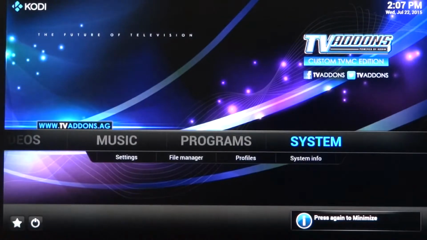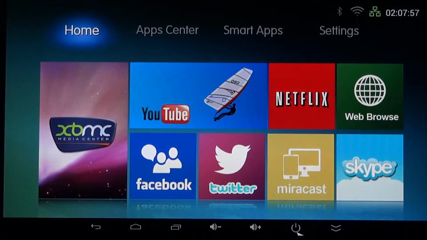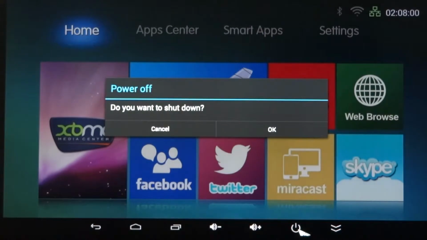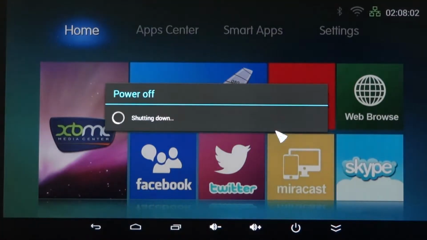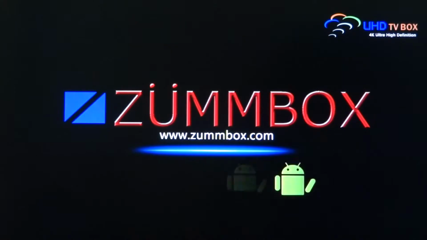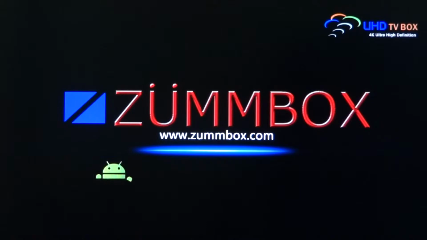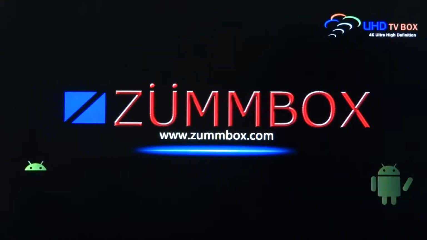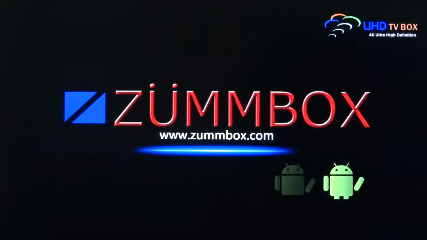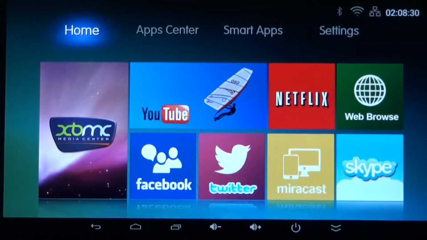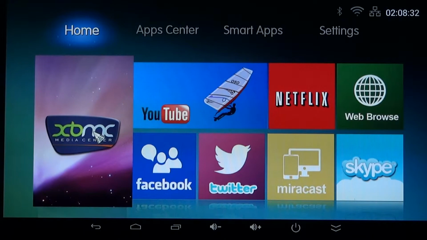I'm going to come completely out, and I'm going to restart my entire box. This will take just a moment or so. Yes, okay. When that shuts down, I'm going to turn it back on instantly. I don't need to pull the power or anything like that. Basically, I'm forcing it to repopulate the things that are in that file and to see everything in there. So as soon as our box comes back up, be about another 10 seconds, we're going to come back in and we're going to install two programs. One is going to be, okay, we're back up, XBMC,